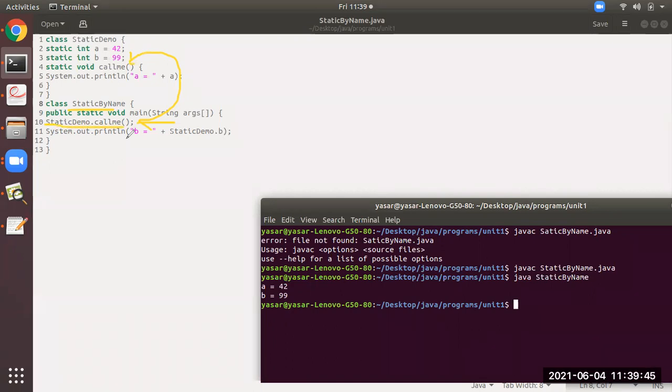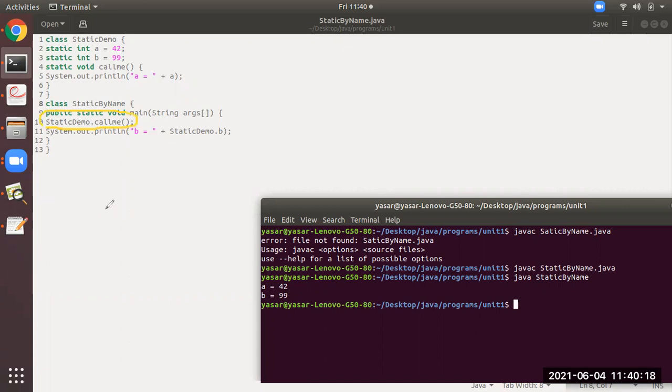What we have seen is that if we want to call a method of some other class, we have to create an object, then use that object dot method name. But here, in line number 10, we are directly giving the class name dot the method name. Why? Because this method in the above class is declared as static. If it is declared as static, you need not create an object to access it. Directly you can access it by specifying the name of the class with the method name.